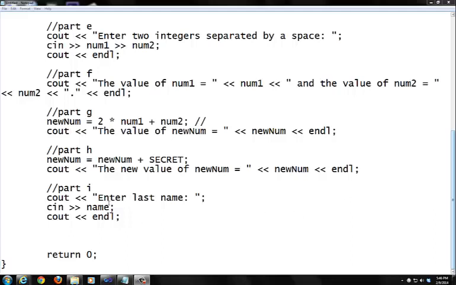So that was part I. Now I need to do J. This is a continuation of number 8, part J. I'm going to do